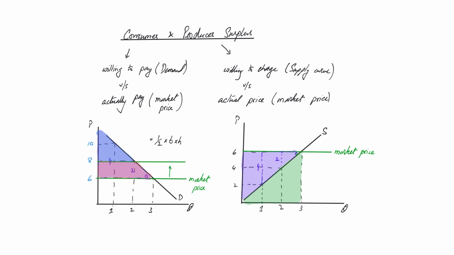6 into 3 is the total revenue. So the total revenue the producer will get is 18. Out of this, the half into base into height will go to the producer as the surplus. The rest of the half into base into height will be their minimum requirement for the resources that they're utilizing. Anyhow, on this note,